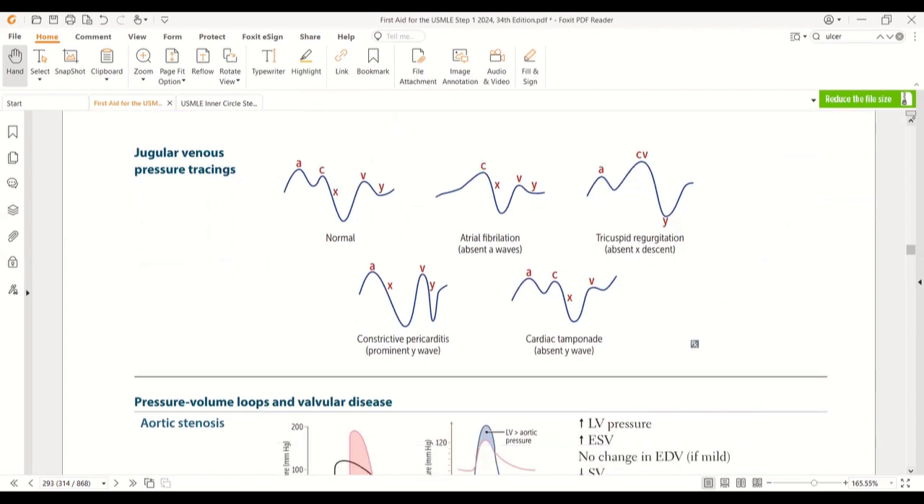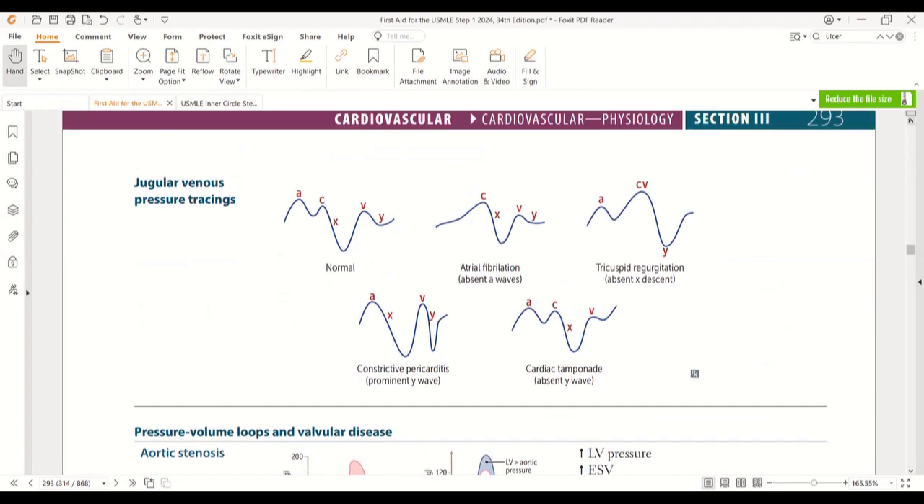So we have to cover these pressure tracings of the jugular venous pulse. It's basically again the repetition. This is a normal one. In atrial fibrillation, we know that there is no A wave. In tricuspid regurgitation, the X descent is absent. And in constrictive pericarditis,